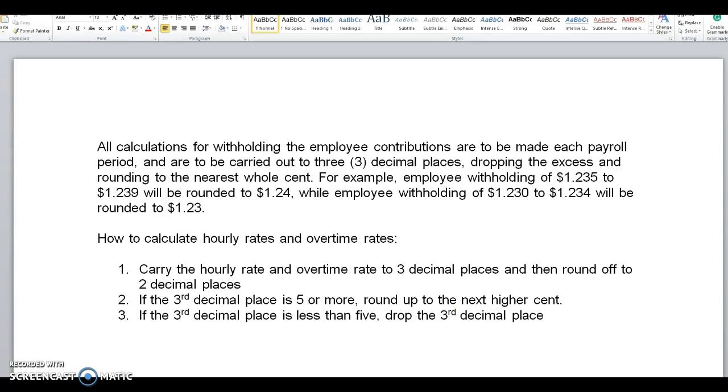All calculations for withholding employees' contributions are to be made each payroll period and are carried out to 3 decimal places. What you need to do is drop the excess and round to the nearest whole cent. So, for example, if the withholding is $1.235 to $1.239, it will be rounded to $1.24, while the employee's withholding of $1.230 to $1.234 will be rounded to